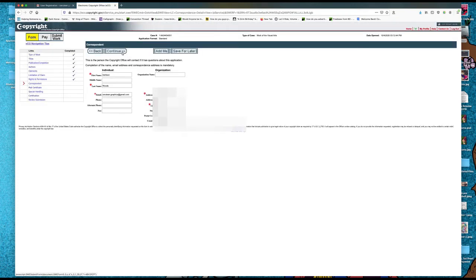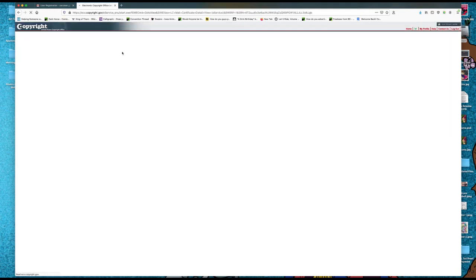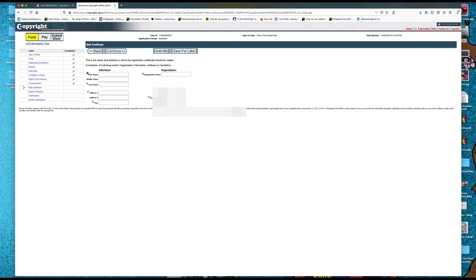This part is for correspondence. It's just the info that they're going to mail to you, so fill it out and hit continue. Next is the mail certificate, what they're going to put on your certificate that you get. At the end of this section, I'm going to show you what you will get in the mail, but fill it out. I have a fine number registered with the US, and it's under Blue Dragon Art, so I chose to put that business name in, but you could easily just put add me and